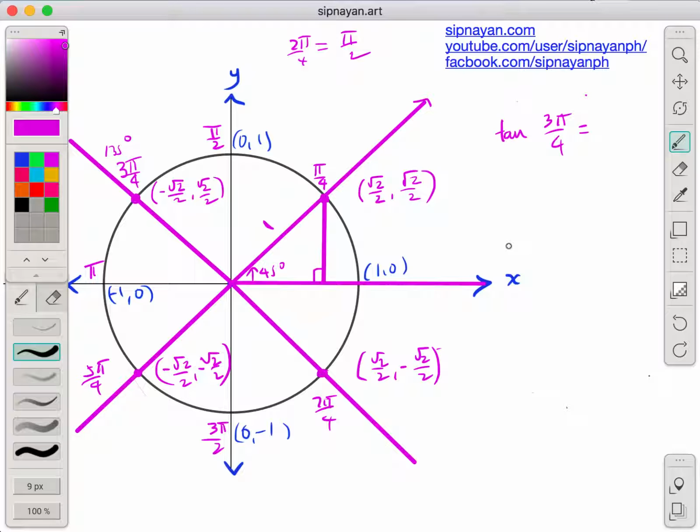Ano ang tangent? Tangent is sine over cosine, di ba? Sa identities natin. Sine theta over cosine theta. And sine theta is ito, square root of 2 over 2. Square root of 2 over 2. Cosine theta is negative square root of 2 over 2. So what do we get? We're dividing the same number, yung denominator were negative. So this is 1 over negative 1. Sorry, hindi. 1 pala ito, kaso may negative ko sa baba. So magiging negative